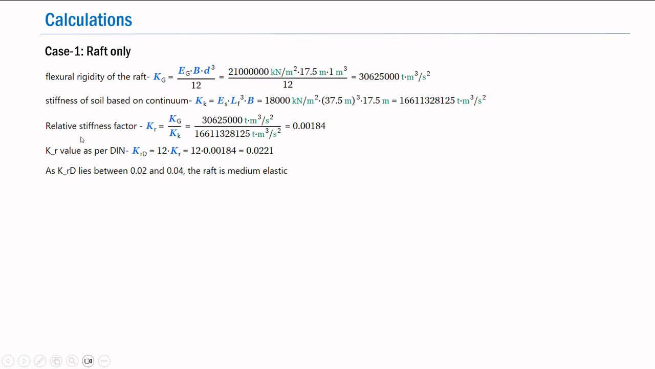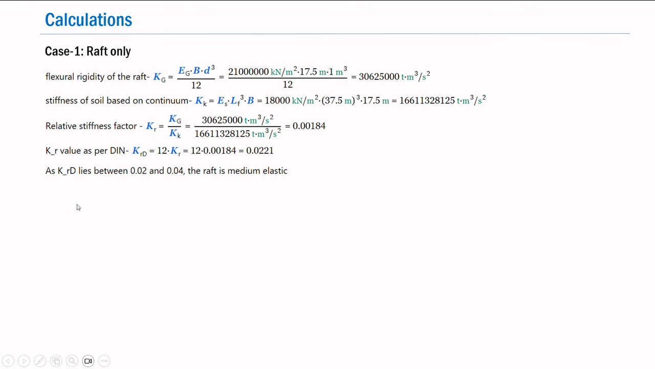Now we proceed for the calculation of the relative stiffness factor Kr as a ratio of the flexural rigidity of the mat to the stiffness of the soil. Substituting the values, we obtain the Kr as 0.00184. Remember that the Kr value that is reported in the DIN standard is 12 times this value. So that is identified as Kr capital D, that is 12 into Kr, that is, substituting the values, we obtained as